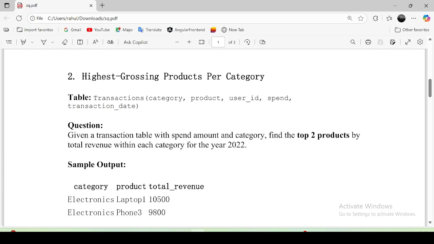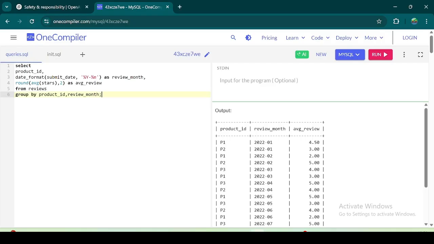Now we have a second question, that is highest grossing product per category. Here we have the transactions table with columns: category, product, user ID, spend, and transaction date. Given a transaction table with spend amount and category, find the top 2 products by total revenue within each category for 2022. Okay, if we see the transaction table first,